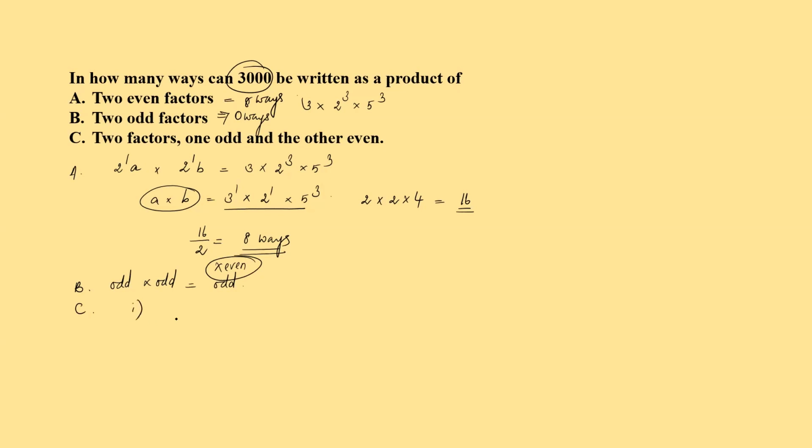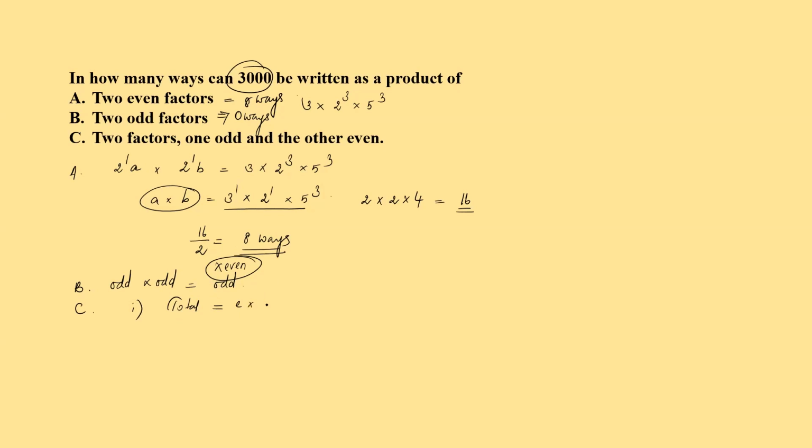Okay, the first method in which you can do it: in how many ways can you write the number 3000 as a product of two of its even factors? First, the total number of ways in which you can write a number as a product of two factors will be nothing but